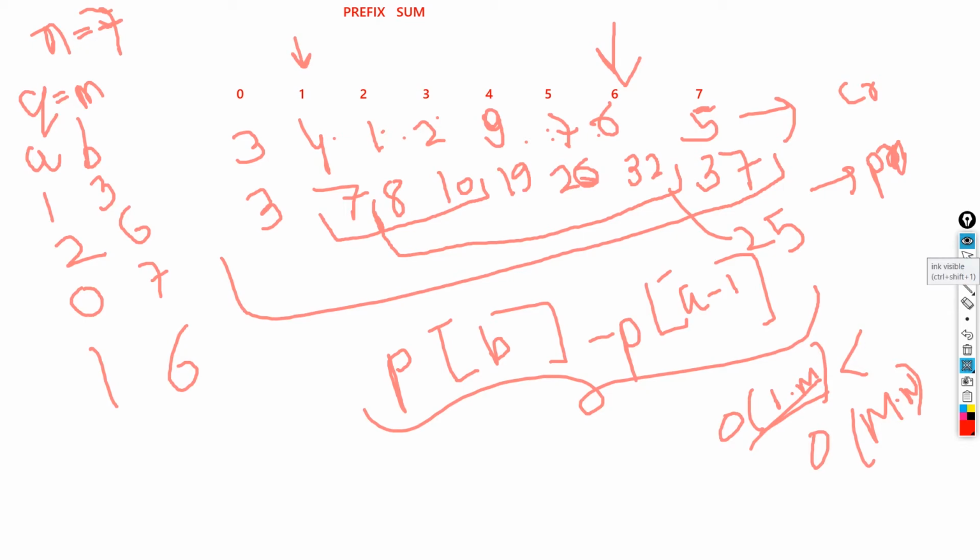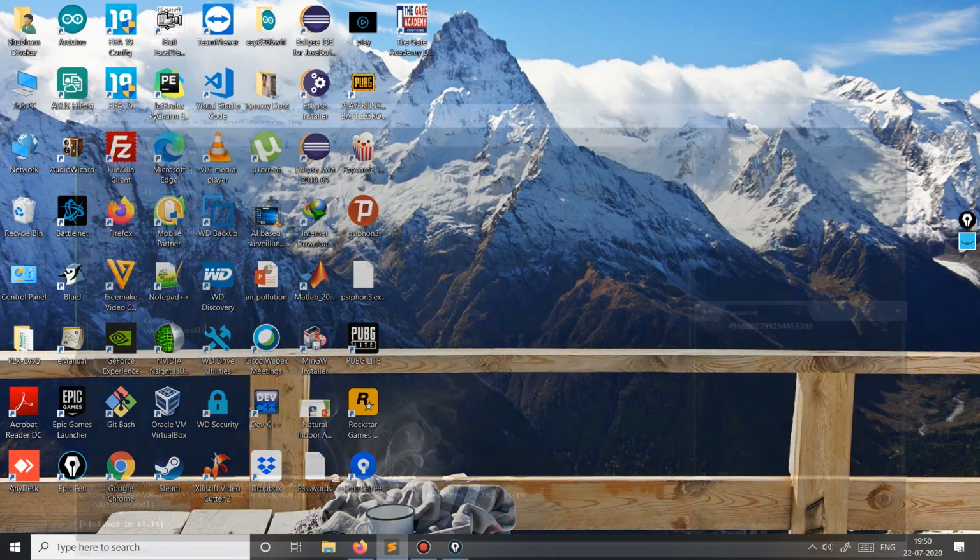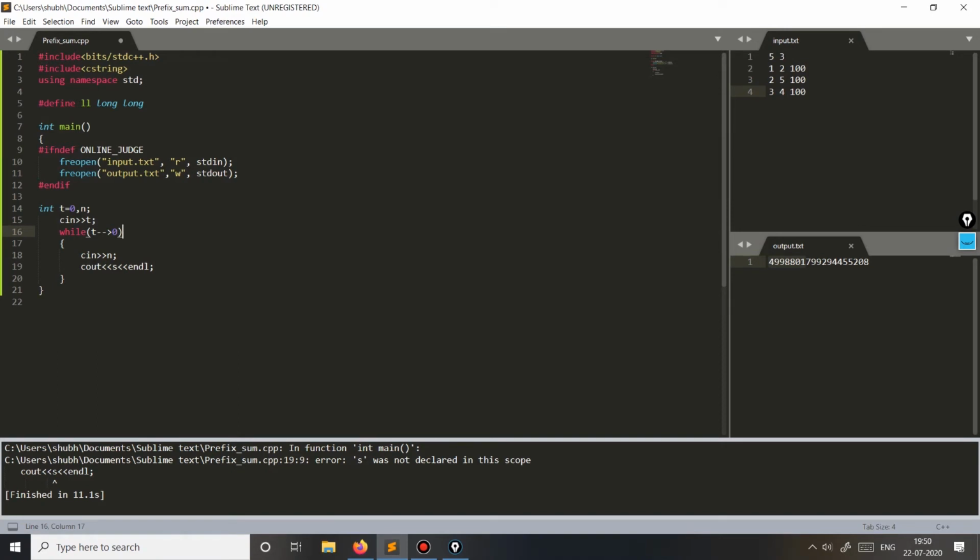Now let's try and code this part. We need to take inputs. Let's say array size n, and we have 3 queries. What was the example that I took?